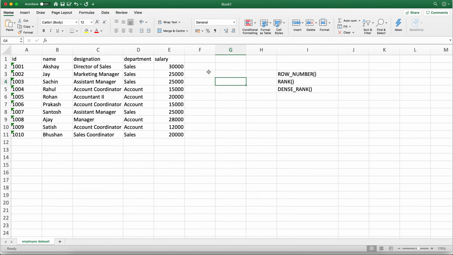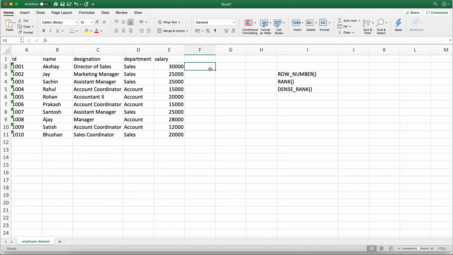So for this kind of scenario, you will need the row number function. What row number will do is, based on whatever query you write, it will try to assign one unique number to each and every row in your data set. This will be more clear when you actually see the output of row number.